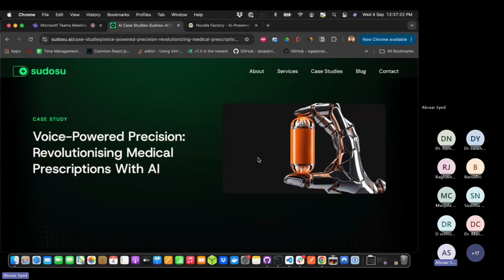because of the handwriting. So what we did is, the moment a patient and a doctor talk to each other, we convert audio to text using good AI models. And then we detect entities in that textual data.